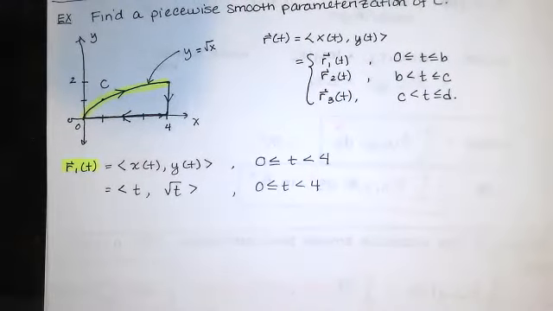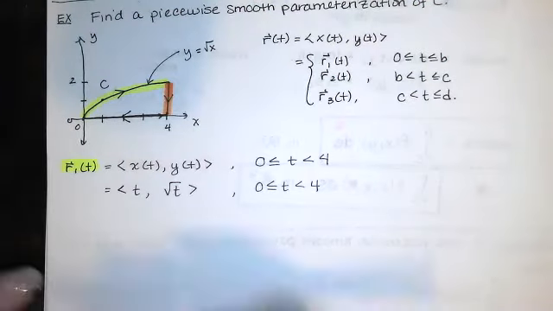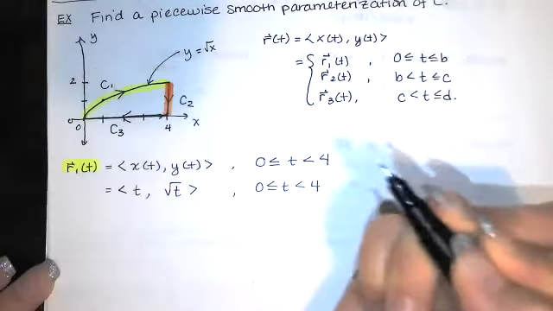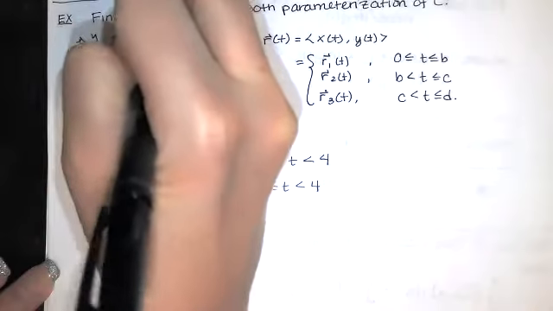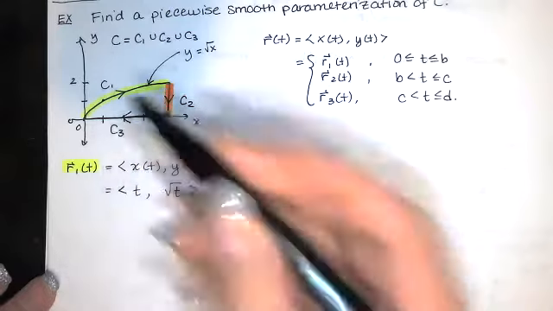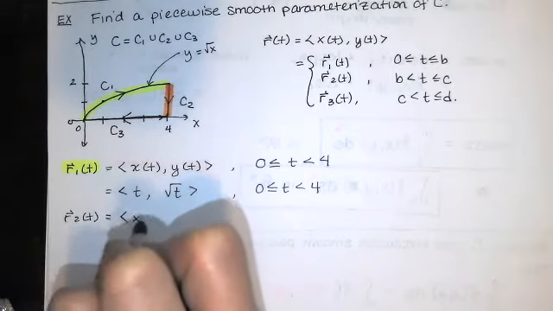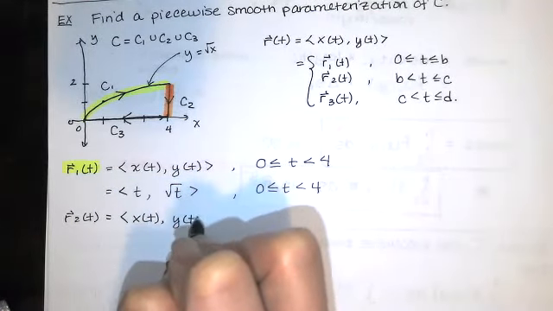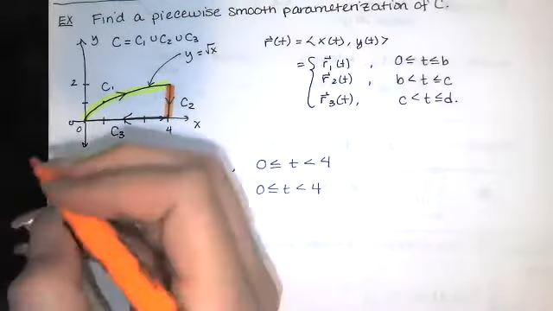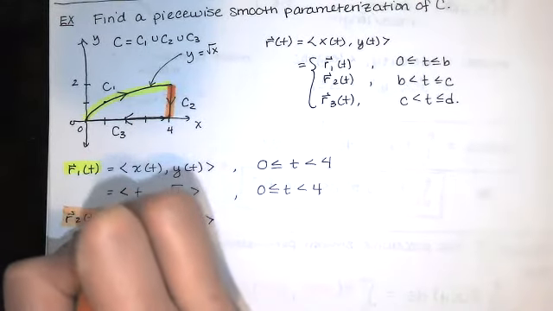And r sub 2, let's let r sub 2 be this one, correspond to that piece. If I want, I could call this C sub 1 and C sub 2, and I could call this curve C sub 3. And C, we could say, is the union of C1, C2, and C3. It just means you start here and you keep going, okay? We're in the plane, so r sub 2 is going to have components x of t and y of t. Now what I'm about to do is not necessary,